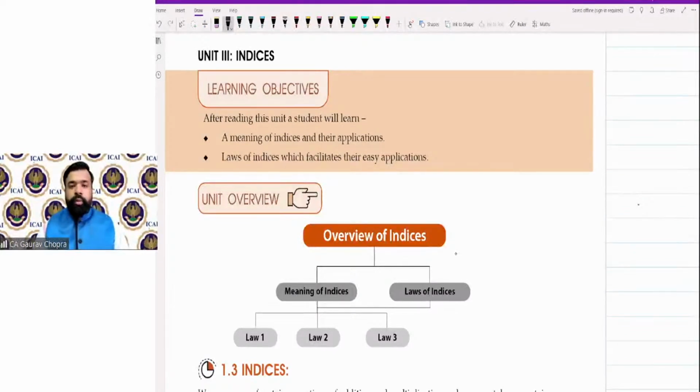Great. So welcome everybody. And today, in today's session, we are going to start with our next topic, which is indices, law of indices. So again, it is a part of chapter number 1, unit number 3, law of indices. It is basically a very small chapter and it is based on mainly powers. So it is a very powerful chapter because in the whole chapter, we will be dealing with a lot of powers. पूरे चैप्टर में हम बहुत सारी पावर्स पढ़ेंगे. पावर्स किस तरह से हम यूज करते हैं, कैसे पावर्स को सॉल्व किया जाएगा. So it is completely a power packed chapter.